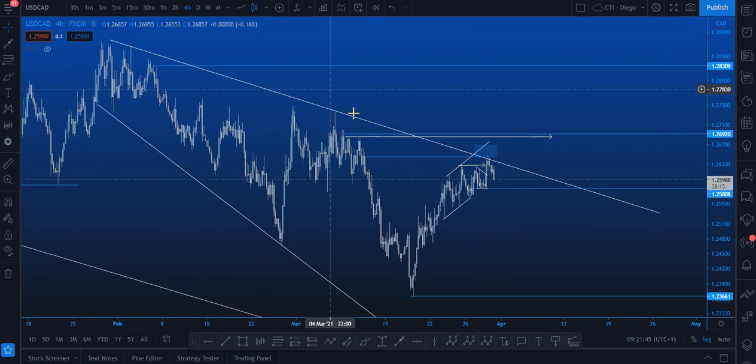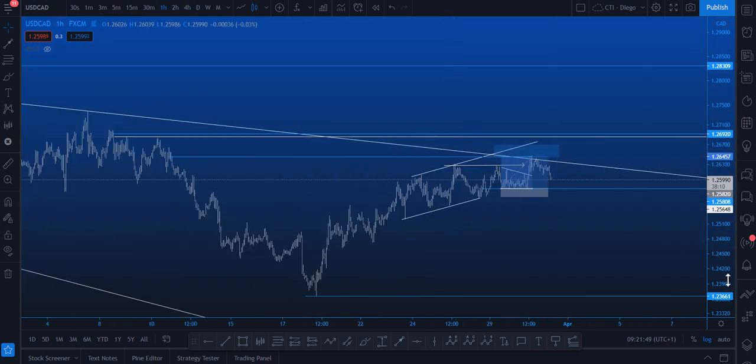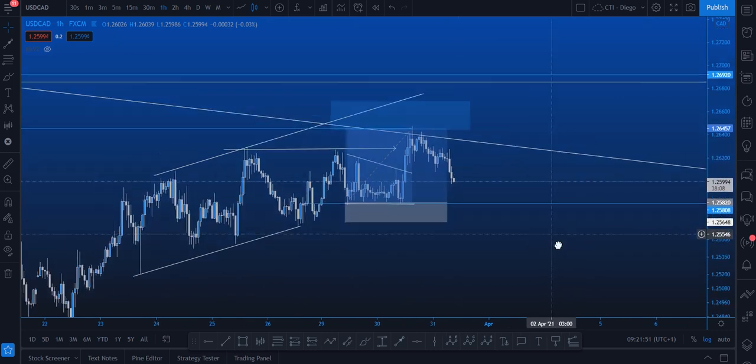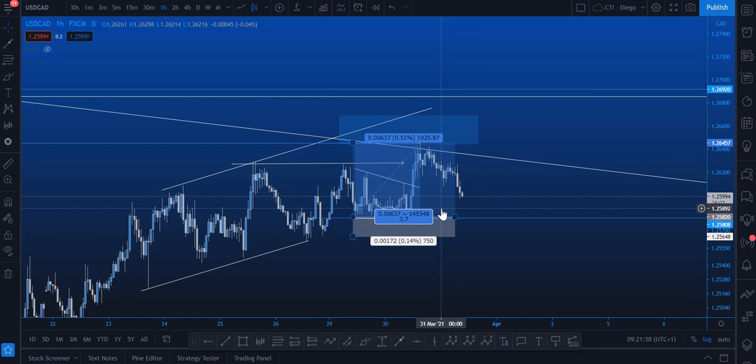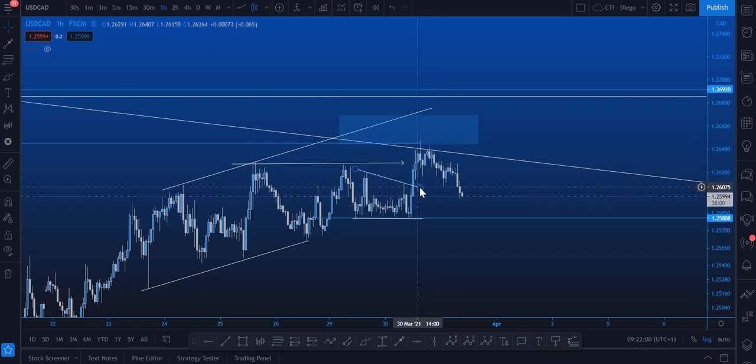We've got one tap, two tap, and a perfect third tap. Personally, I don't trust the third tap setup. So what I'm waiting for is some levels of liquidity to be filled up here. So if we remove this now, and we simply just update the pattern to see what's actually happening,